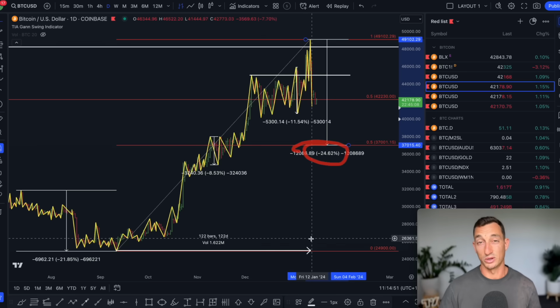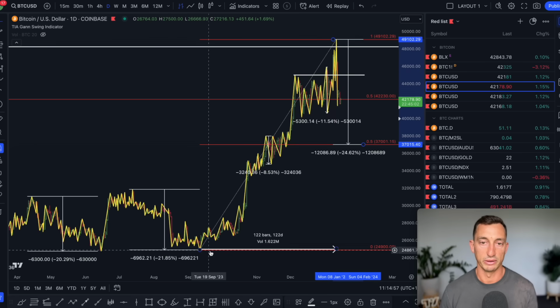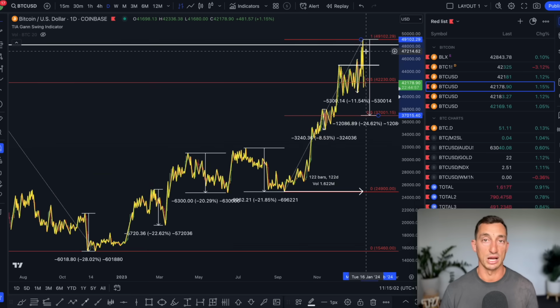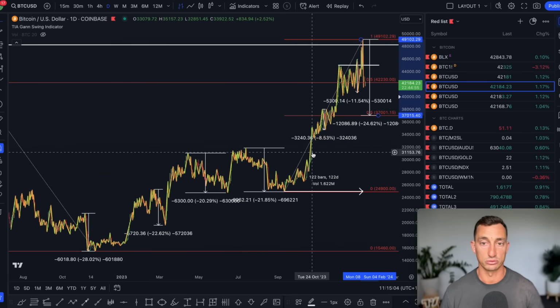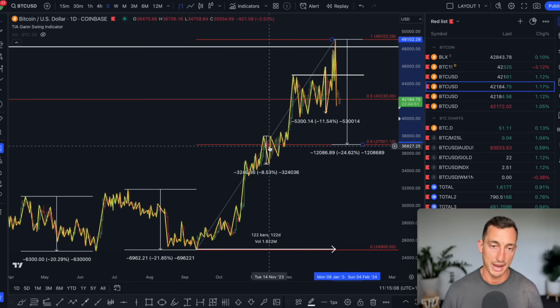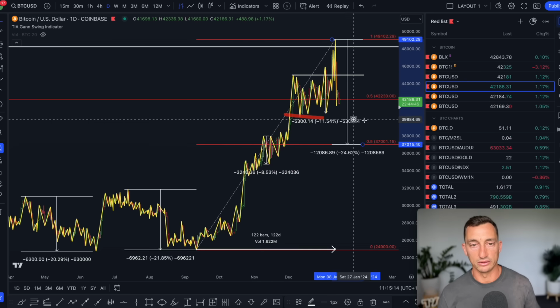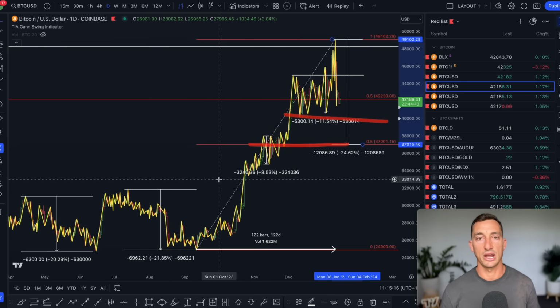That's about 24.5%. So it's not really out of the ordinary for Bitcoin to do 24%. We've seen 22 already, and we've seen this massive run to the upside. This is our longest run to the upside in time, the longest run. So we could expect some reasonable downside to come back to these previous levels, sitting at roughly mid to high $30,000. So let's keep an eye on these lows first at 40 and then to that area of the mid